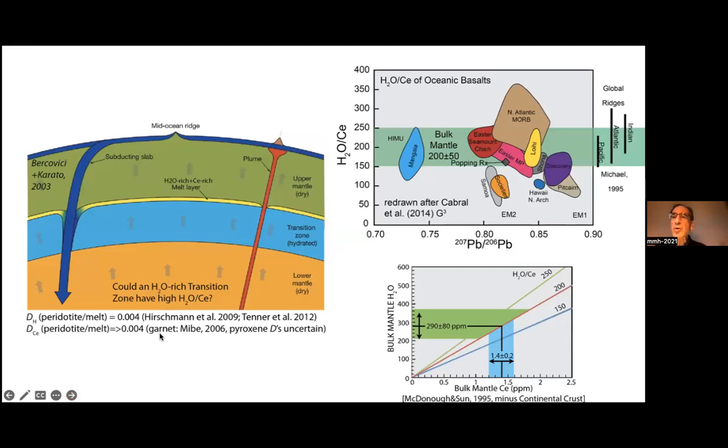You will read many papers about water-rich regions in the interior, for example, in Earth's transition zone, which people will say is water-rich. I would argue, first of all, that just because it's water-rich doesn't mean that it has a high water-cerium ratio. So therefore, the exercise is still valid. And second of all, if it's water-rich, we also sample it someplace in the spectrum of oceanic island basalts or mid-ocean ridge basalts. And so I'm not concerned that there might be water-rich regions. I think the exercise is valid anyway.